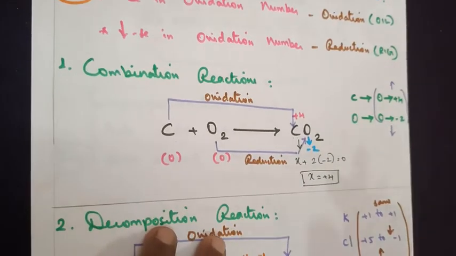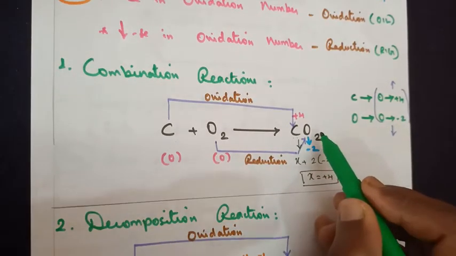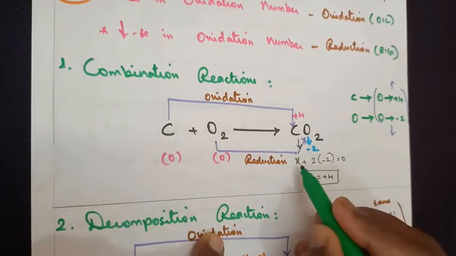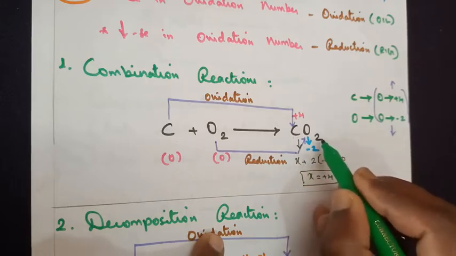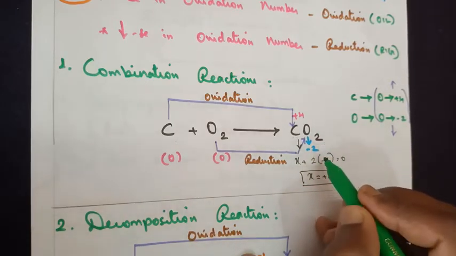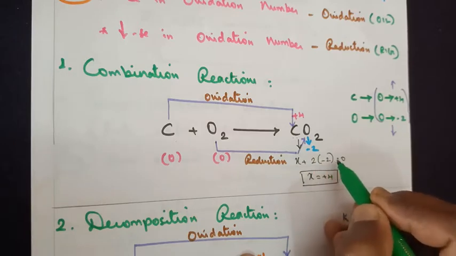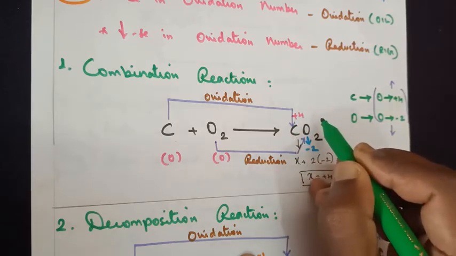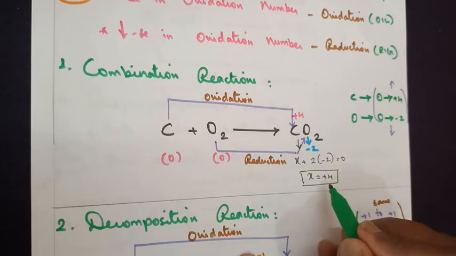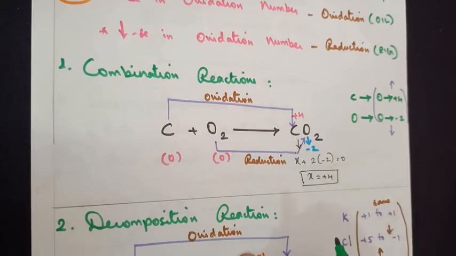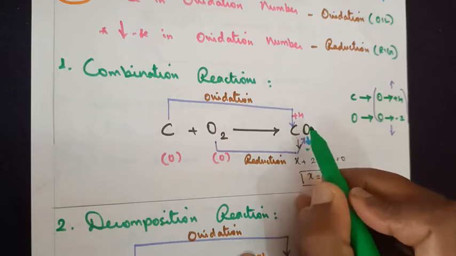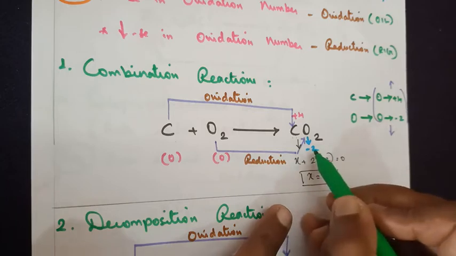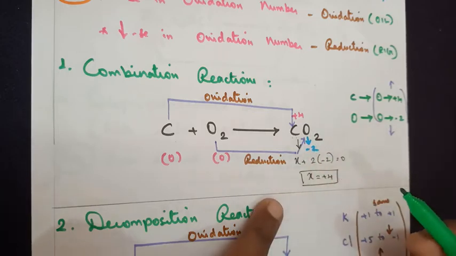As I told in the previous class, in general, oxygen has a charge of -2. Imagine carbon, you do not know what the charge is. Take that to be X here, X plus 2 atoms of oxygen. 2 into the charge of one oxygen atom, which is -2. So X + 2 × (-2) = 0. Why are we writing 0? Overall charge is not given. It's a neutral compound. So when changing the side we get X = +4. Hence the charge of carbon in carbon dioxide is +4. Oxygen you can calculate, or you can remember that oxygen will mostly have a charge of -2.